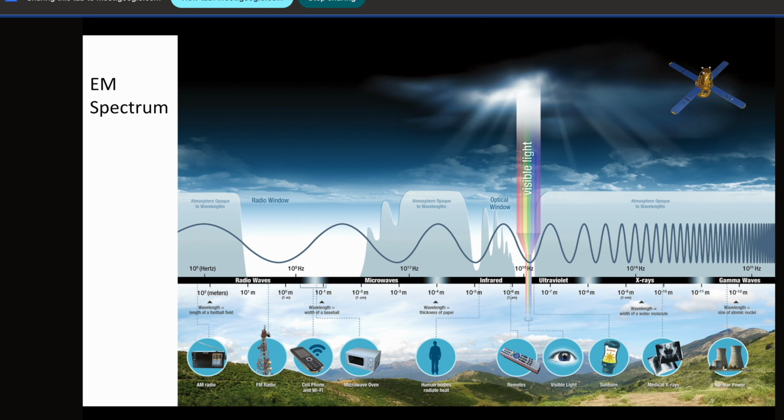So if you study electronics and electrical, students will be knowing this, not only that, everybody will be knowing. Here on the left side frequency is low, so wavelength is higher, and if wavelength is higher, your scattering is lower. Why? Because the phenomena of scattering, like Rayleigh scattering or many other kinds of scattering, depend on the wavelength. So if you have a very high wavelength, your scattering is very less.